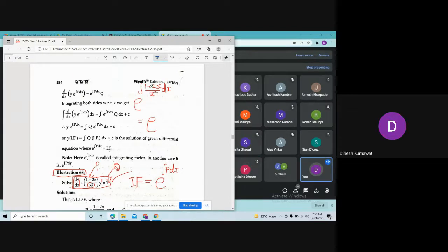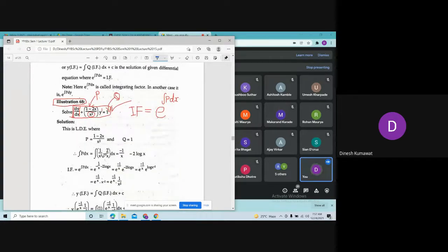There are two ways to calculate it. The first one is which is there in the book. You just separate the denominator. After separating, integration of 1 upon x square is minus 1 upon x. You take this 2 common, and integration of minus 1 upon x is nothing but minus log x. So in this way you are going to calculate it. Is that clear? Yes, sir.